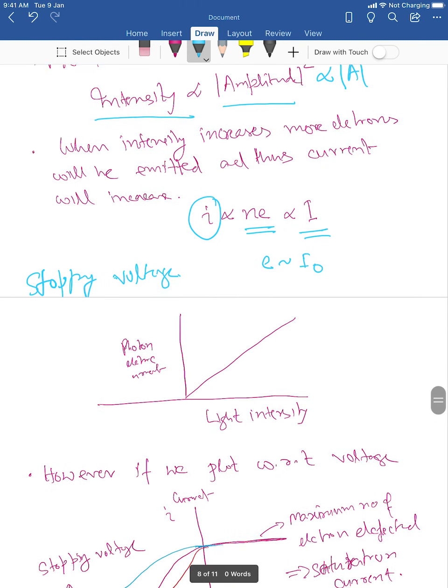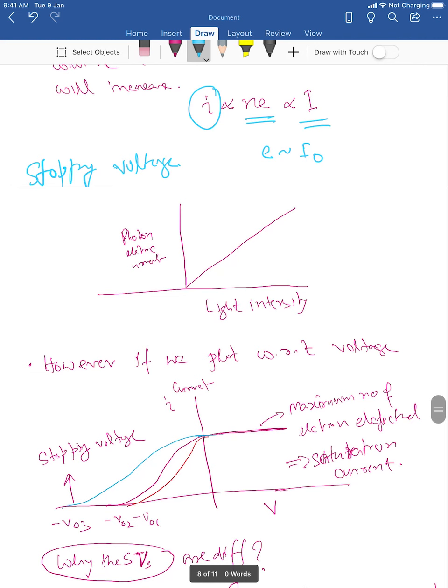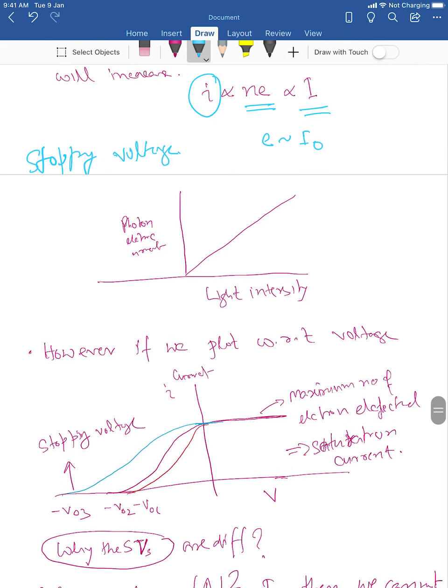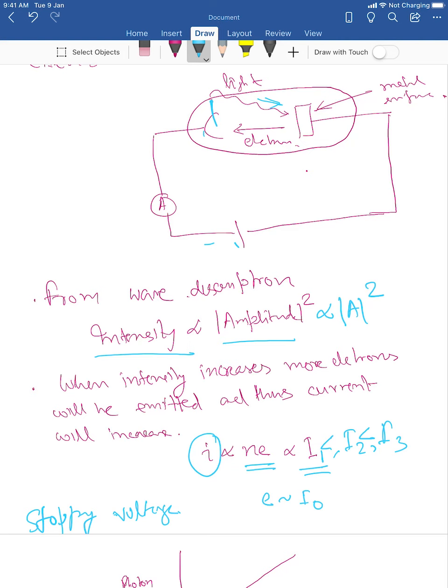This is how you measure the kinetic energy of the electron. So let's try to understand the classical description. If you increase the intensity, the photoelectric current will also increase. Let's say you have intensity I1, and then you go to I2 and I3, with I2 greater than I1 and I3 greater than I2. Then you get N1 number of electrons, N2 number of electrons, and N3 number of electrons. These numbers will also increase, so you have more and more electrons.